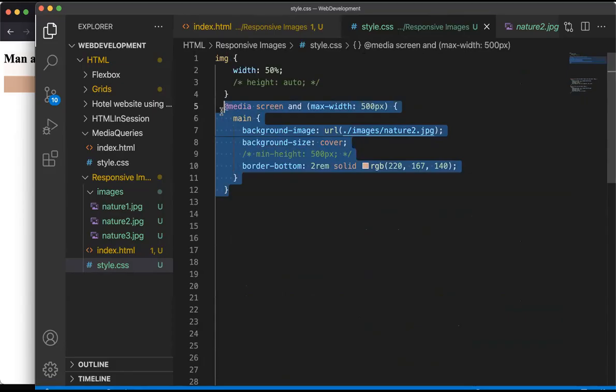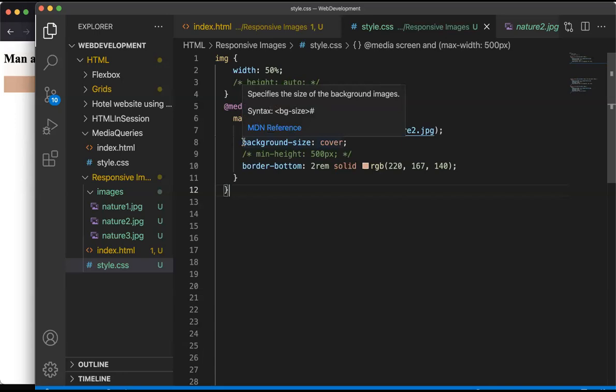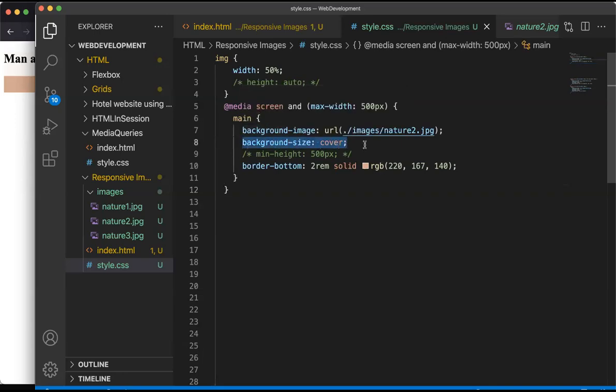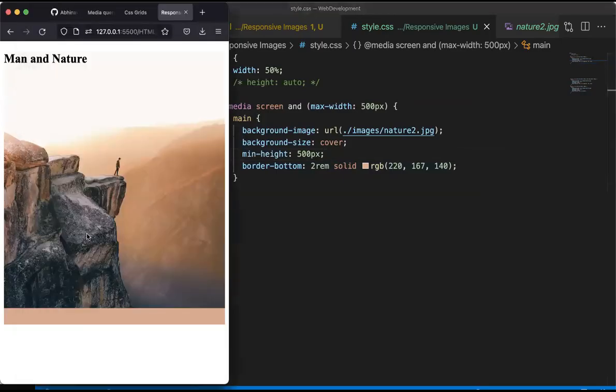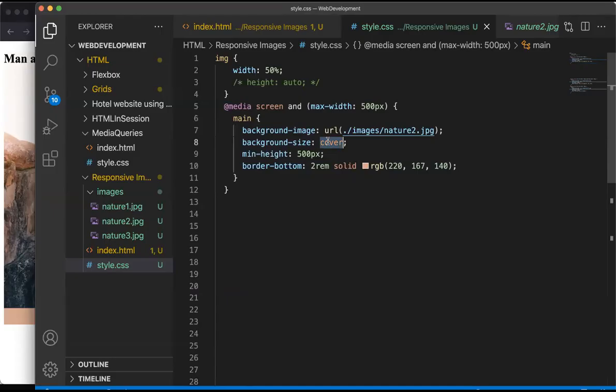Let me quickly show it to you again. Please tell us more about background size, sir. I didn't understand how it works. Okay, I'll come to that also. This background size has multiple options like cover, contain, and multiple other options. Let me show you the differences. If I say 500 pixels and if I say cover, it is actually covering the whole image. If I say contain,